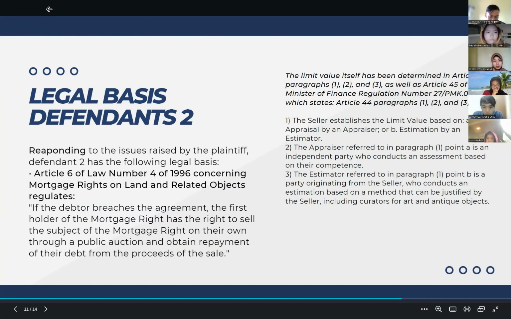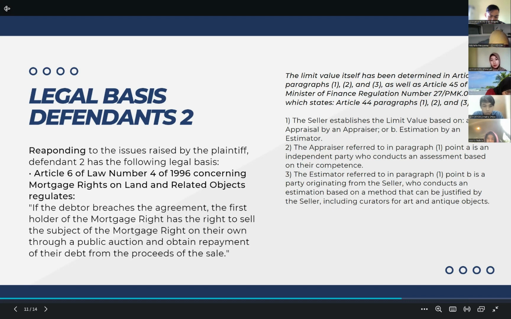For the legal basis, in responding to the issue raised by the plaintiff, defendant 2 has the following legal basis. The first is Article 6 of Law Number 4 of 1996 concerning mortgage rights on land and related objects, which regulates that if the debtor breaches the agreement, the first holder of the mortgage right has the right to sell the subject of the mortgage right on their own through a public auction and obtain repayment of their debt from the proceeds of the sale. The limit value itself has been determined in Article 44, paragraphs 1, 2, and 3, as well as